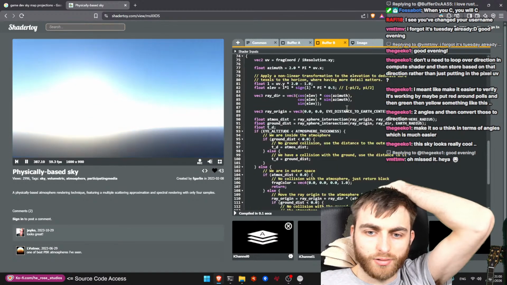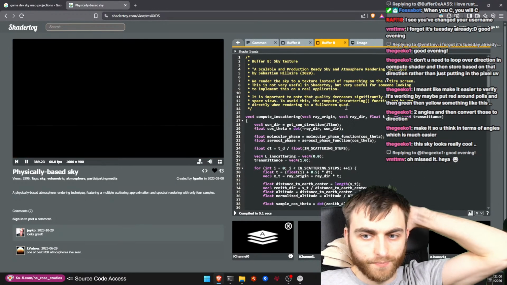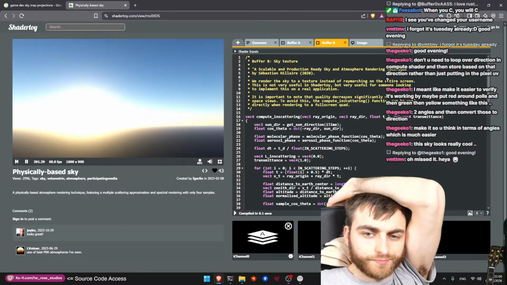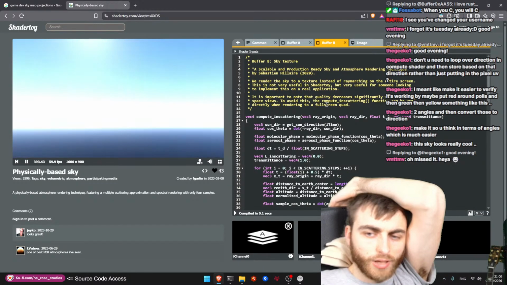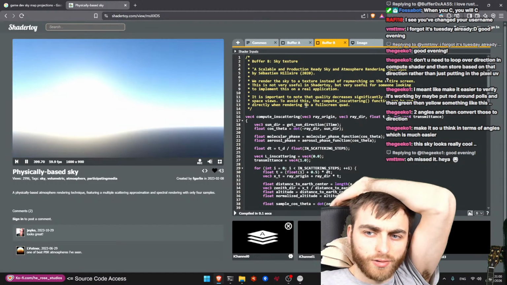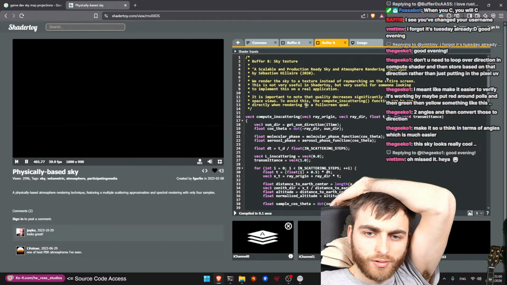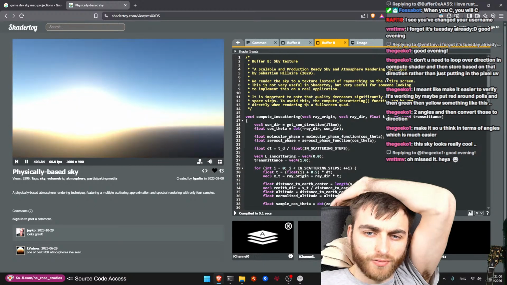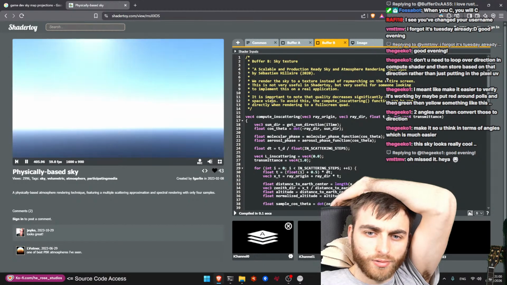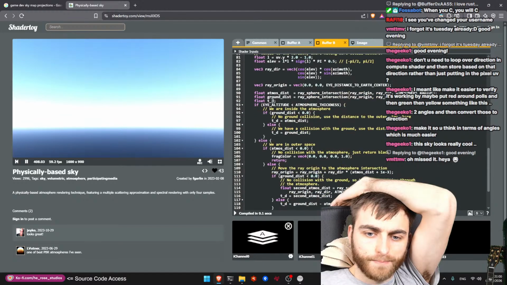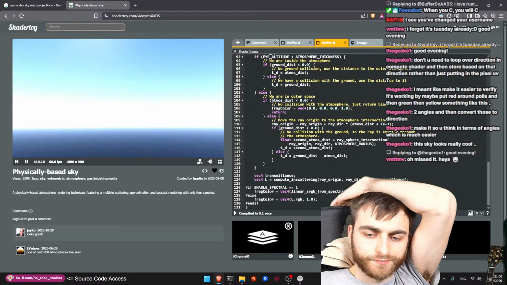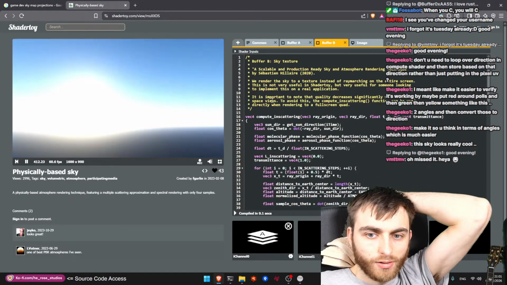Oh, hang on a minute. Okay, so they're just rendering a full screen quad or maybe just a compute shader or whatever, right? So space views. I'm not sure it's talking about space views. Wait. So there's like